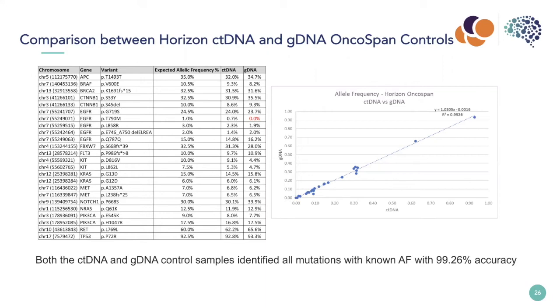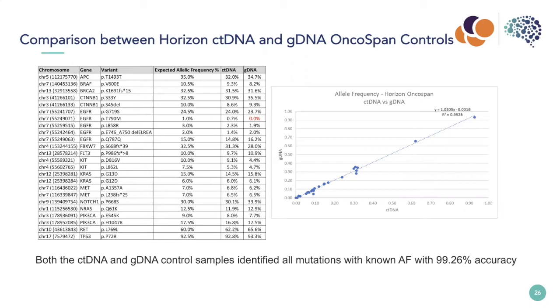and then a correlation between the allele frequency detected in the genomic DNA fraction versus the circulating tumor DNA fraction for the Horizon OncoSpan controls. Again, recall the Horizon controls have the same expected allele frequency, but one in a circulating tumor DNA format and the other in a genomic DNA format. And you see quite comparative results between the circulating tumor DNA shown in the second to last column and the genomic DNA shown in the last column, with one exception of an EGFR mutation that was at an expected allele